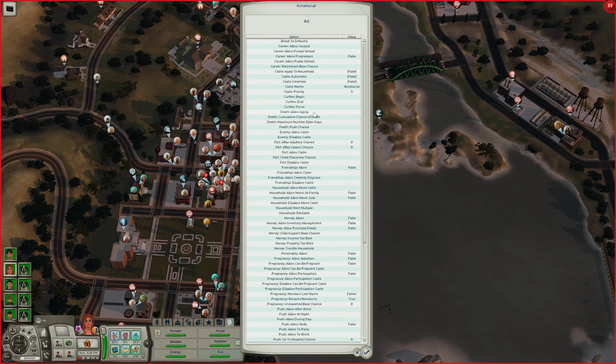I want my sims to be able to do the fun stuff unless I come up with a story and I need to do deaths and stuff like that. So I have deaths turned off. I also have the flirt chances set to 0 because this means that your sons will not flirt with other sons. I believe it's been a while since I've checked those settings, but I have them set to 0